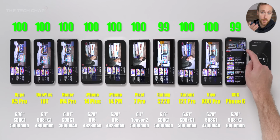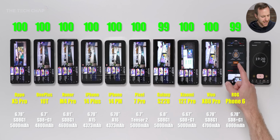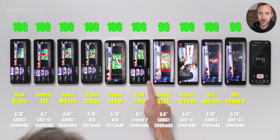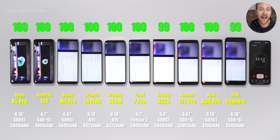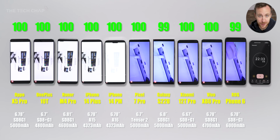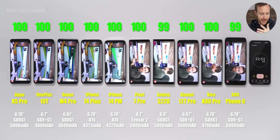Now obviously there's loads more phones I'd love to have included, but I actually don't have, like the Sony Xperia Mark IV for one example, but I think 10 is still a pretty good amount for one battery test. And it is really important to say that your mileage may vary, it all depends on how you use your phone. Screen on time, for example, isn't like the most useful metric because it all depends what